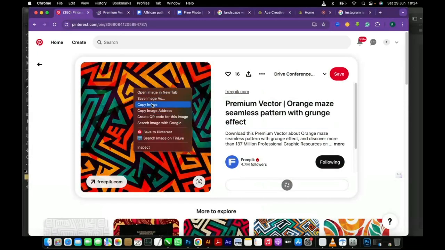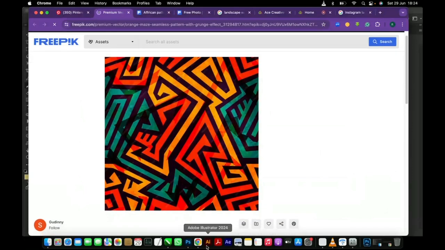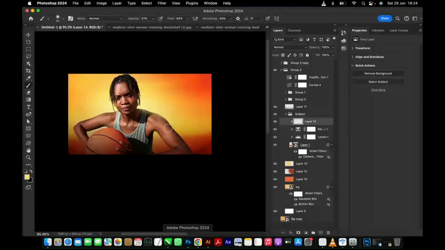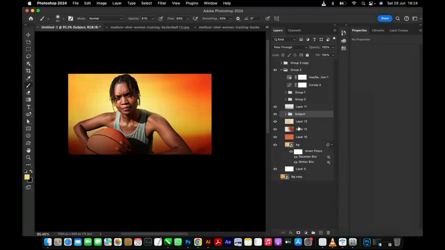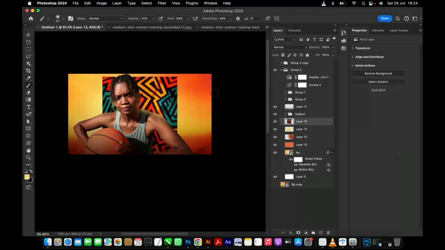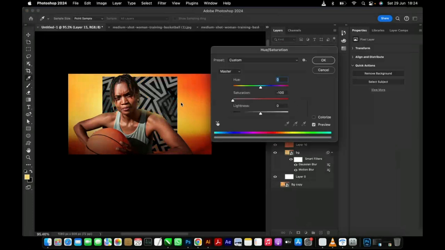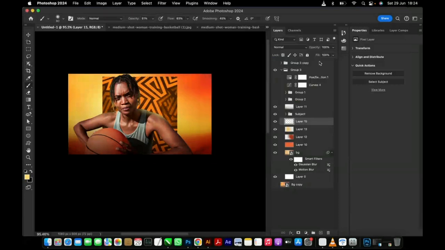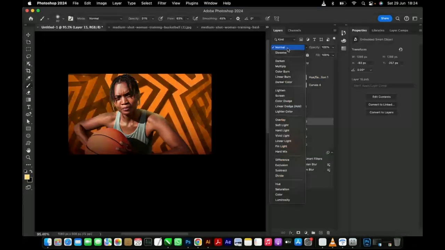So copy image, I think that's taking time. So I'll just copy it, come to Corel Draw, I say Corel Draw. Hide this on my background. Command V, Command U, or I can make it basically work like this. Yeah, colorize it, then lighten it up a bit, increase saturation, and let it just flow within the color that I have here. Convert it to a smart object, increase that,